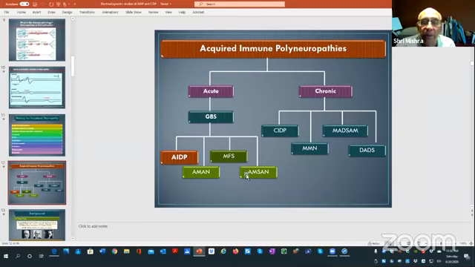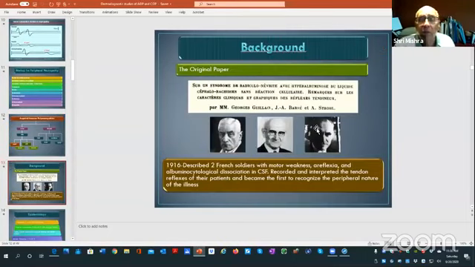The other one here is MSAN, which has to do with sensory findings in addition to the Guillain-Barré type. So chronic, you have CIDP, classical, we'll talk more about. This is two types. And then MedSam, again, is like sensory findings. MMN is kind of where we have conduction block. And the last one is very rare, called DADS. So back again,